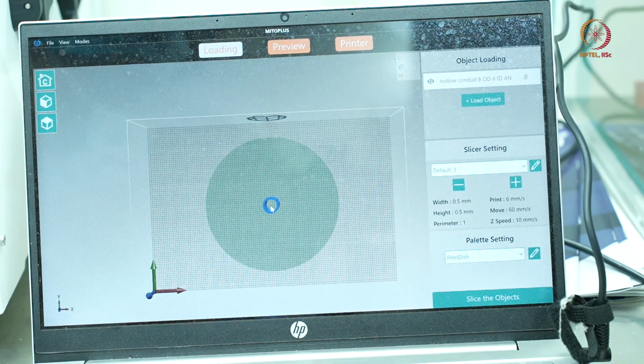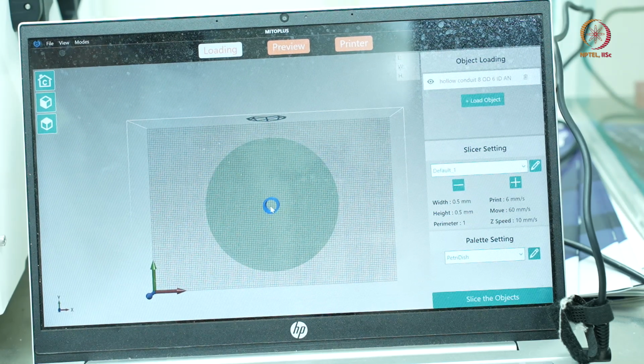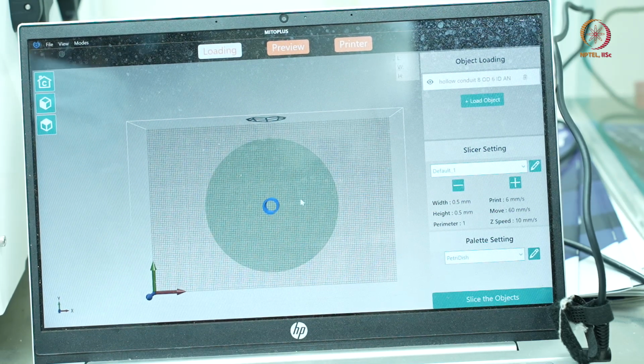Also, the diameter should be uniformly maintained after the 3D extrusion printing and after the cross-linking operation is over. So, I repeat, the outer diameter, inner diameter, and total height of the cylindrical conduit structure are all important.